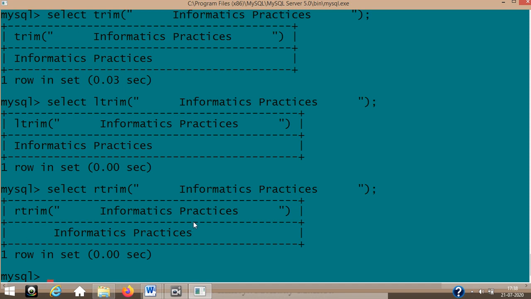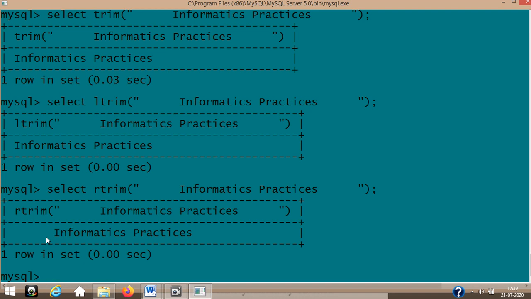So it is not easy to show without a proper example here. Here both sides are trimmed. Here only the left side is trimmed, so this space is gone, whereas here the right side is trimmed, so the left side space is intact there. But apart from this trimming function, the other functions have a very clear-cut answer. So they can always ask that as output questions. So you need to be very well versed with your output questions.